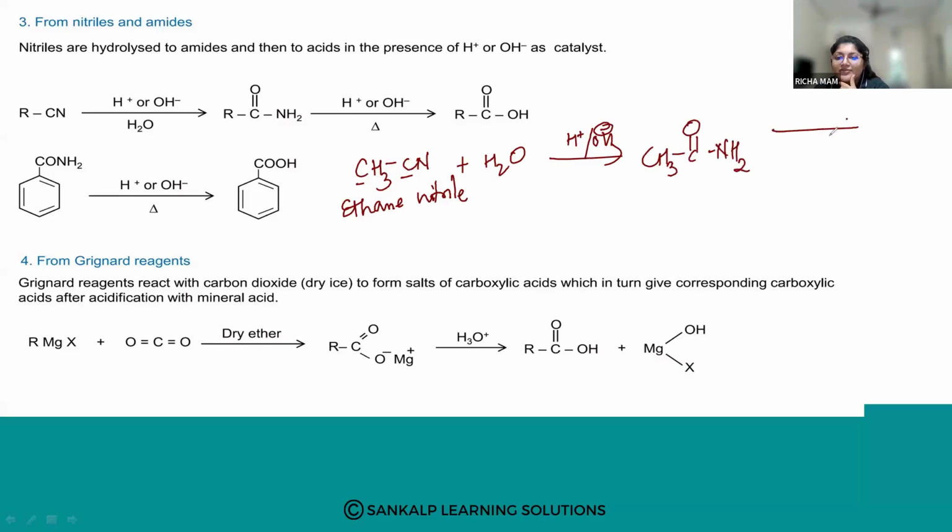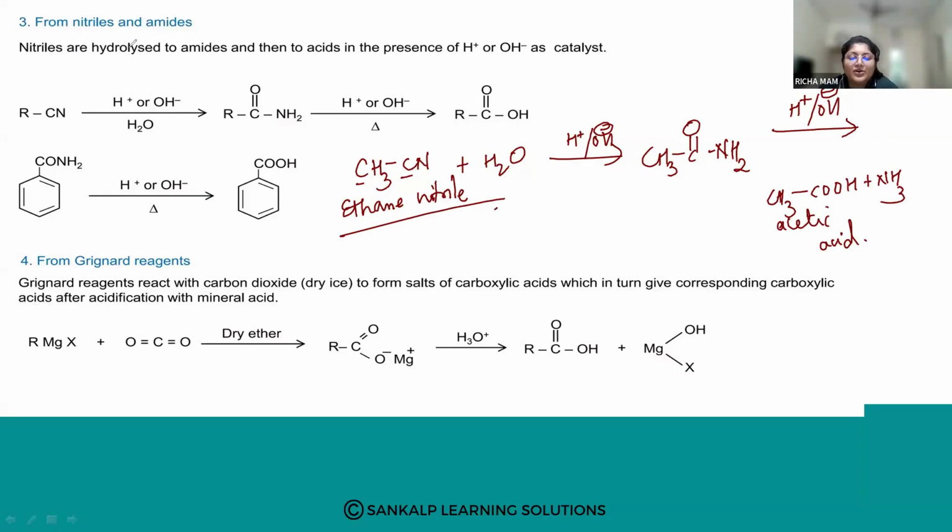This acetamide, further in the presence of a catalyst, that is an acid or a base, what am I going to get? CH3COOH plus NH3. I am going to get acetic acid. So this is the reaction. Understood? Okay. So we have seen three examples of how to hydrolyze nitriles to amides and